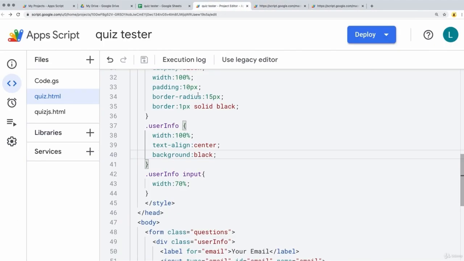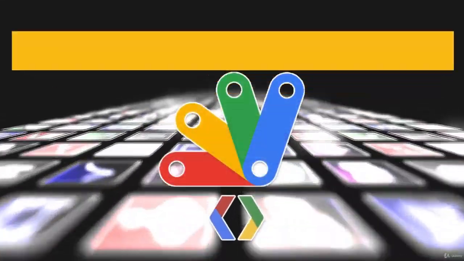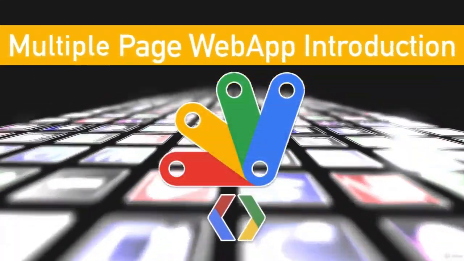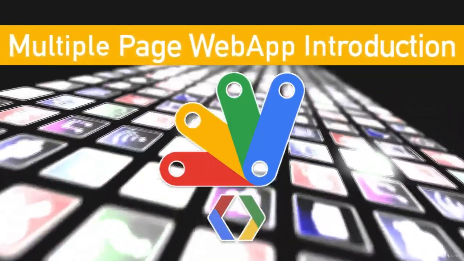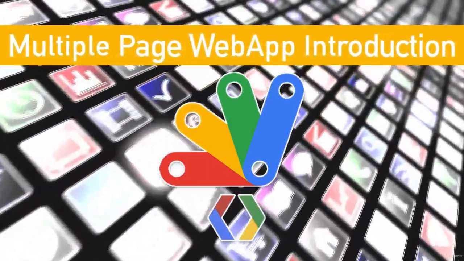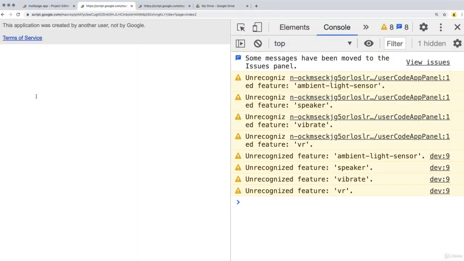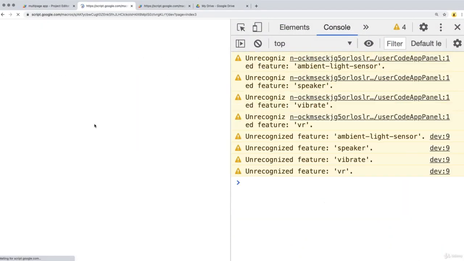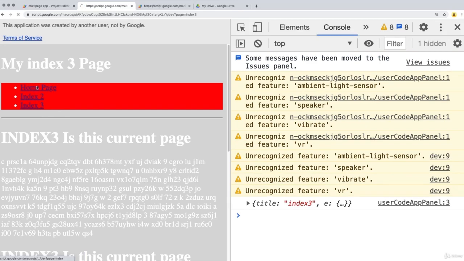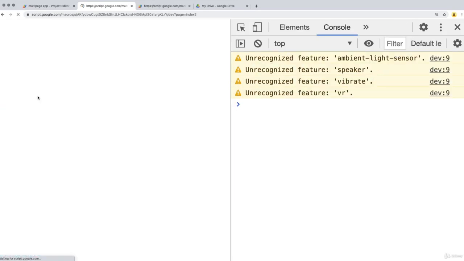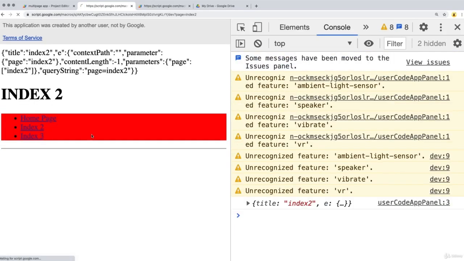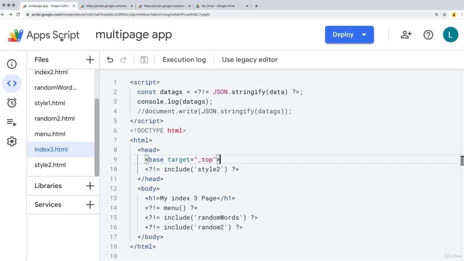Let's get started. In this lesson, and the next few lessons of this section, we are going to be transforming a web app into a multi-page web app. The benefit of this is that we can design the web pages as we typically would. We can move through multiple pages. Web apps are by default designed to be on one page, but you can also include additional files,